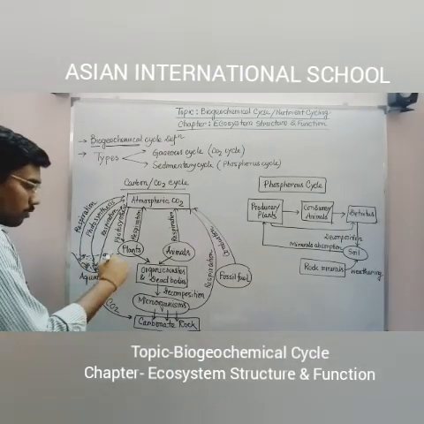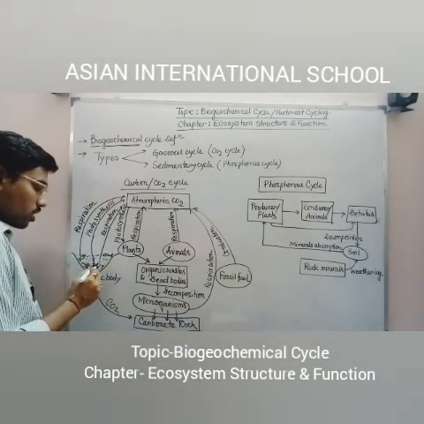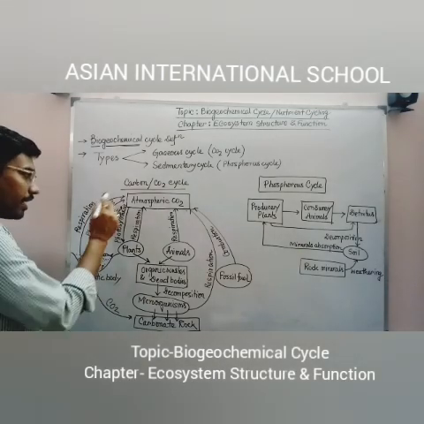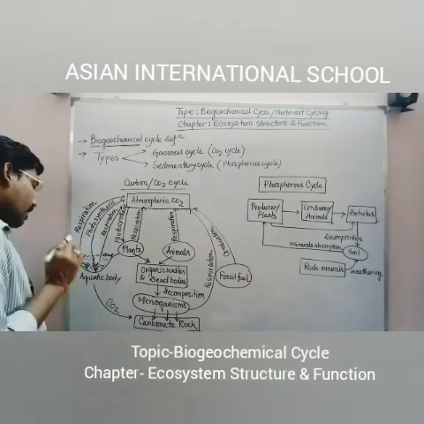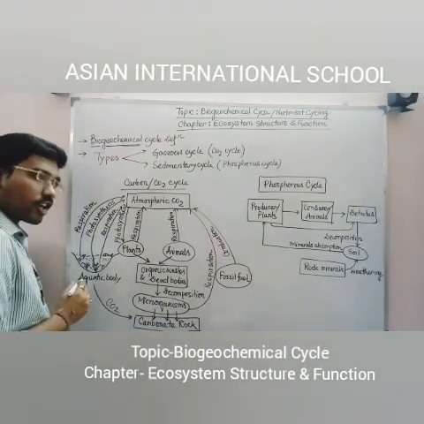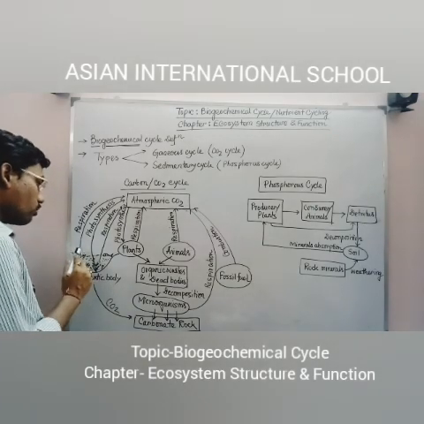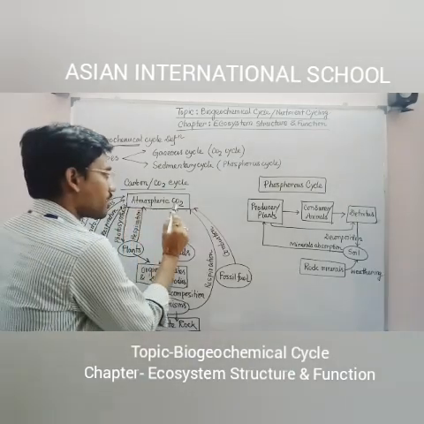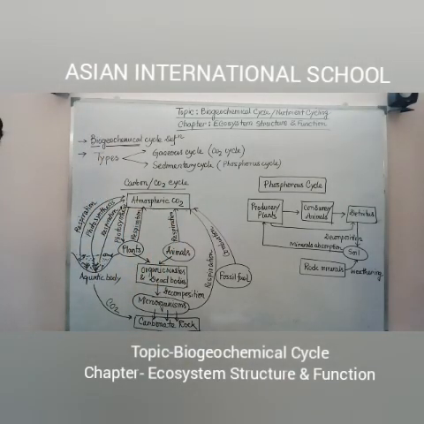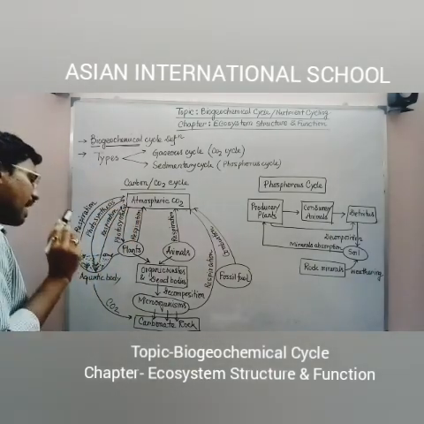Here we will be drawing one small aquatic body. In that aquatic body we will be drawing small plants and small fishes. Here also we have to show 3 arrows. Why 3 arrows? Keep it in your mind, the small fishes are actually responsible for performing respiration. Living organisms can perform respiration. So obviously from those small fishes we will be giving one arrow towards the atmospheric CO2, and we will be writing respiration at the side, because they are performing respiration and they are releasing carbon dioxide into the atmosphere.